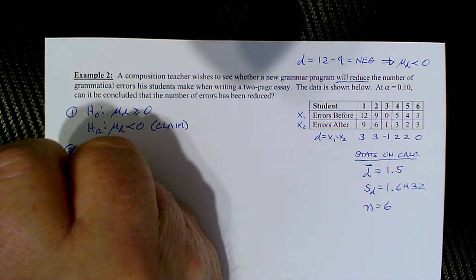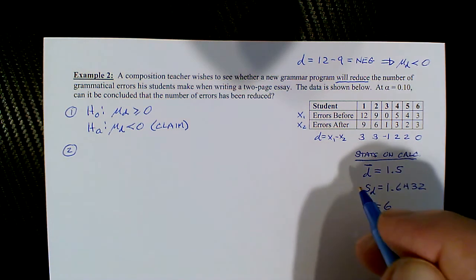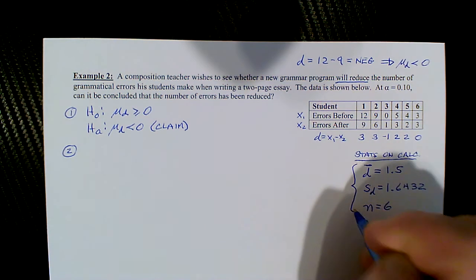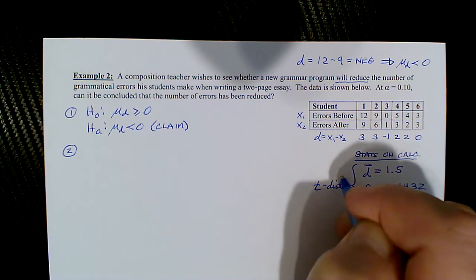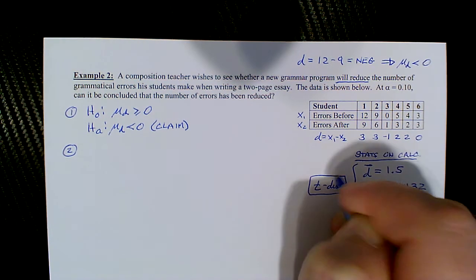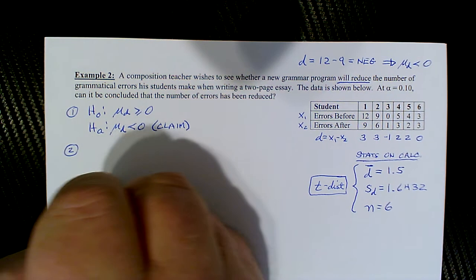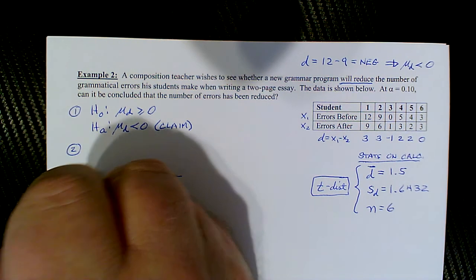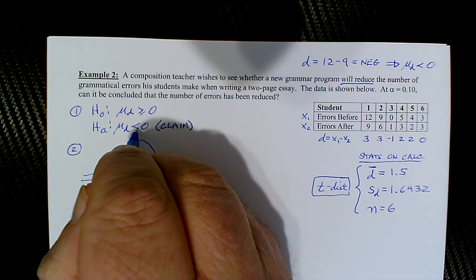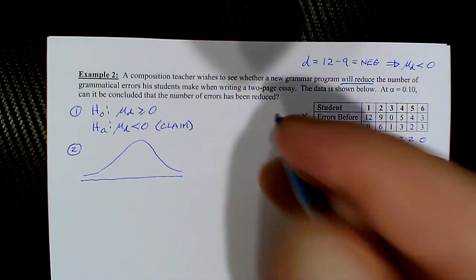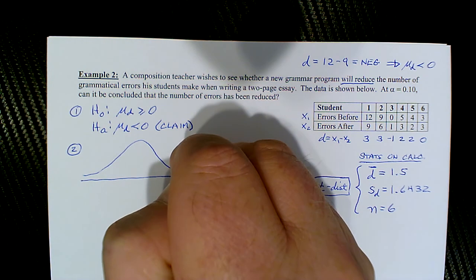Our second step, critical values. Now this is a t-distribution. Remember, it's always going to be t. And the second step, the critical value. So draw the distribution. Okay. The inequality in HA is less than. So therefore,